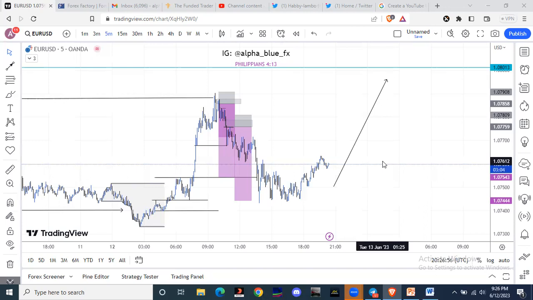Then the next thing you also need to know is risk to reward ratio. Whenever you're taking a trade, for you to come out successful, even though you win 5 and lose 5, you need to have a risk to reward ratio of at least 1 to 2 or 1 to 3 and upwards. I personally average 1 to 5. So you need to have a risk to reward ratio of at least 1 to 2, 1 to 3, 1 to 4, 1 to 5 and above.